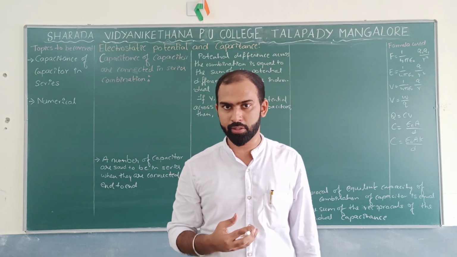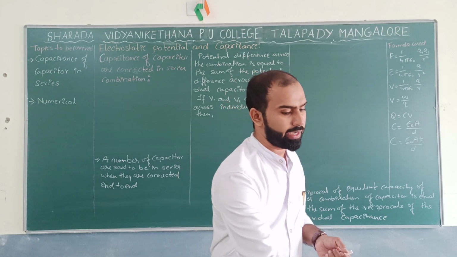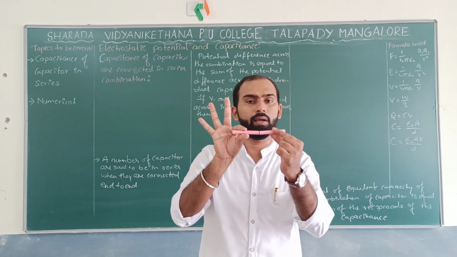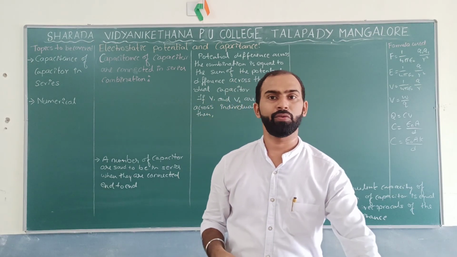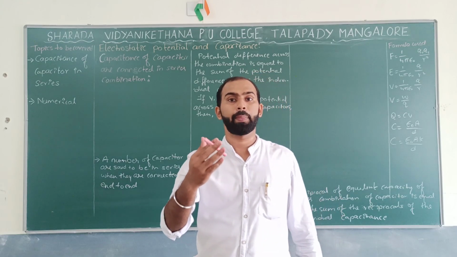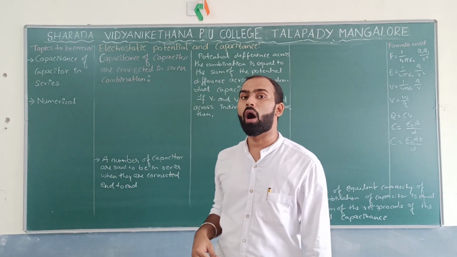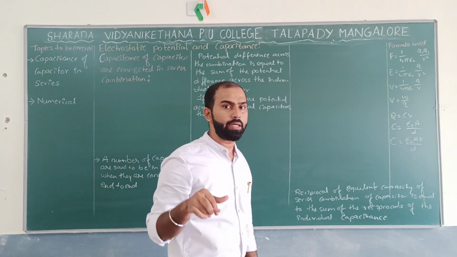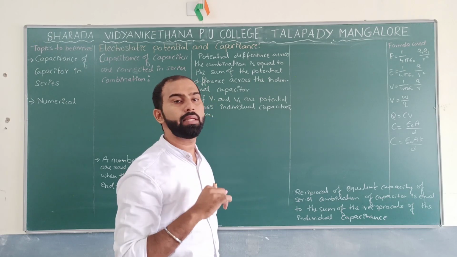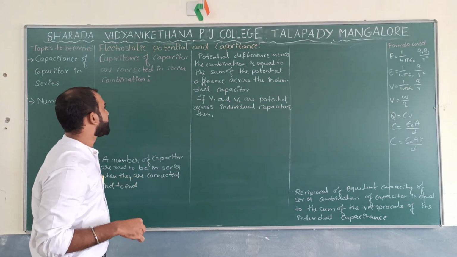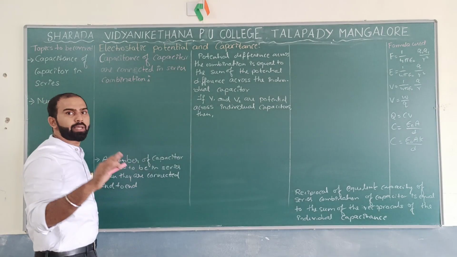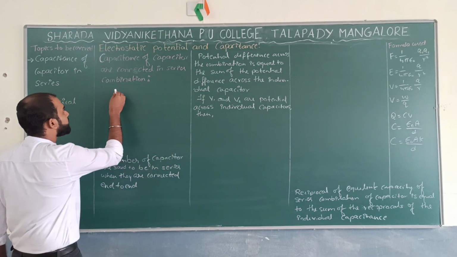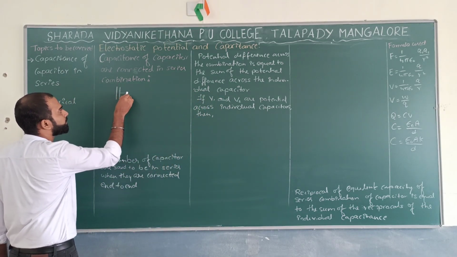What do you mean by series combination? It is an end-to-end connection, somewhat like this. So the word series means an end-to-end connection. How does a capacitor look? Two conductors separated by a small distance. So similarly, your job is to represent a capacitor somewhat like this. And this is a capacitor.